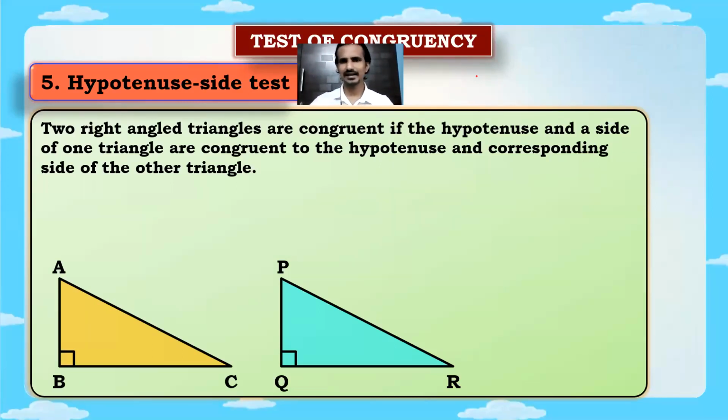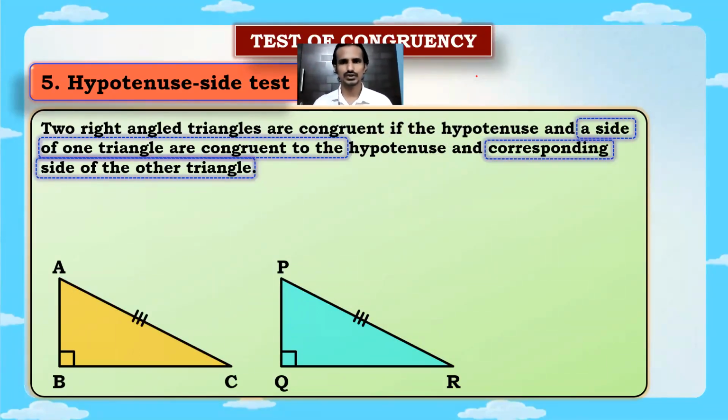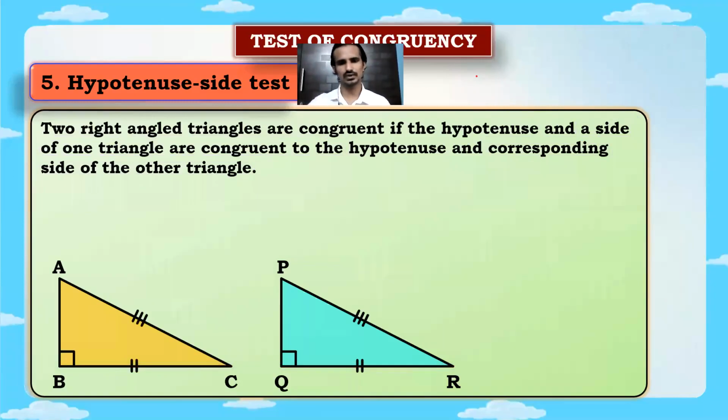तो सबसे पहले right angle triangle दिखाना, तो आपको क्या देखना है? उनका hypotenuse देखना है. So here we have two triangles ABC and PQR. So their hypotenuse must be equal. Okay, so there should be AC equal to PR. They should be first equal. Then a side of one triangle. अब देखो hypotenuse equal हो चुका है. Other than hypotenuse, you can have any other pair of sides that should be equal. So we can either have BC equal to QR or AB equal to PQ. So for this case, let's take BC equal to QR. So here we can apply right hypotenuse side test.